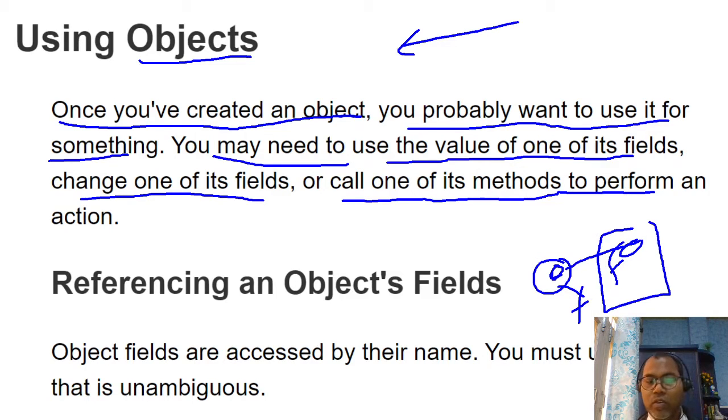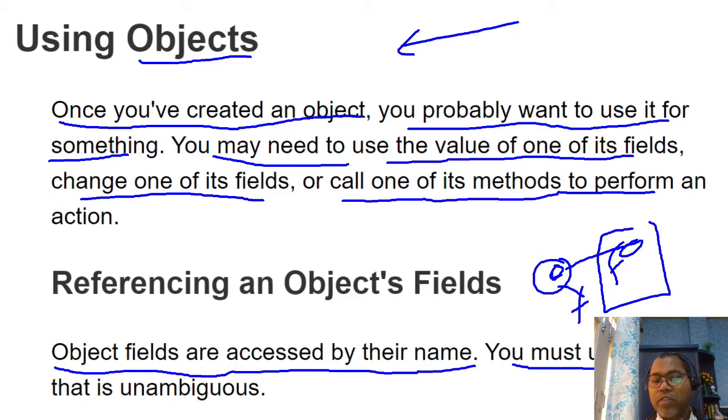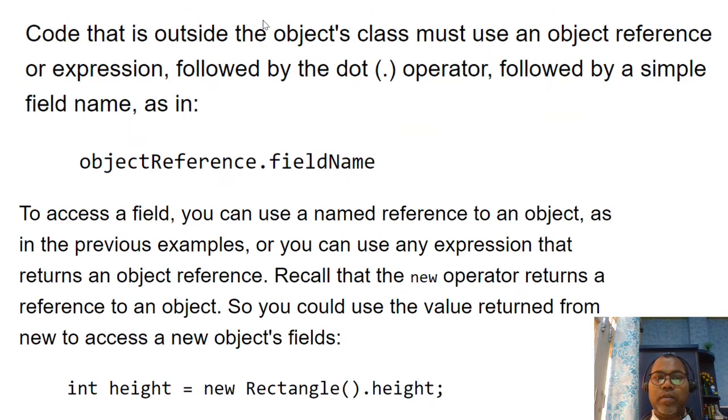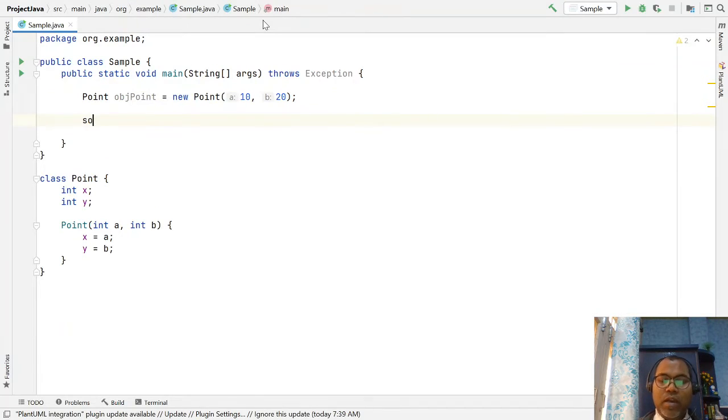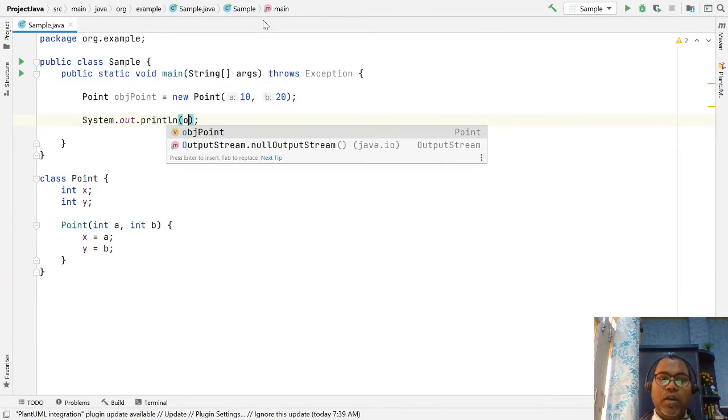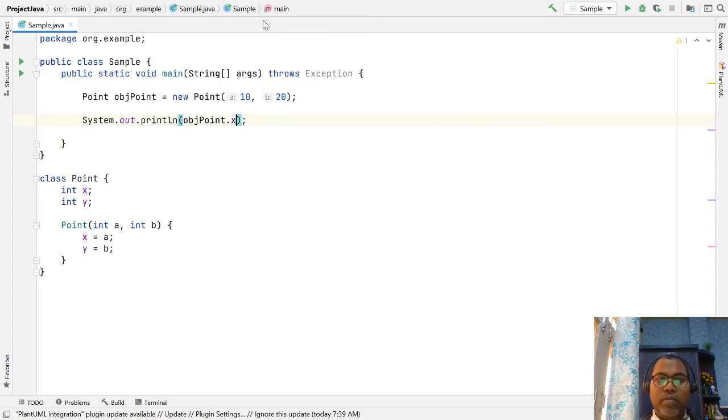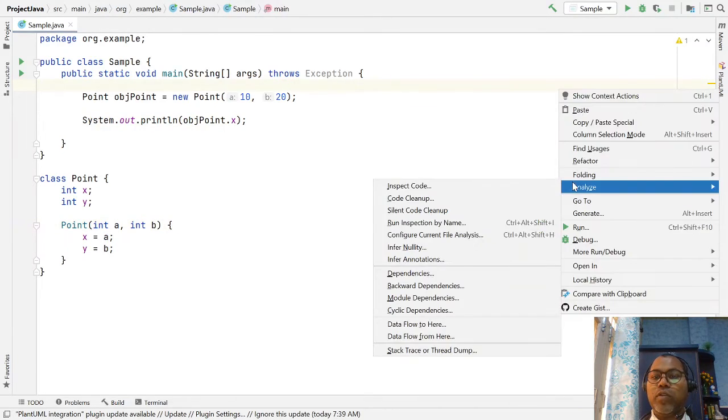So how to access them? Object fields are accessed by their name, and that name must be defined inside your class. Like in our example here, I want to get the point object's x variable. So here for the x variable you give the name x. Here you cannot give the name a or b or something else. In this way you can access any of your variables.